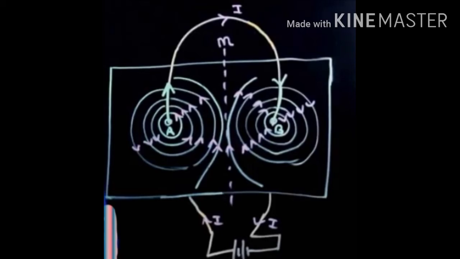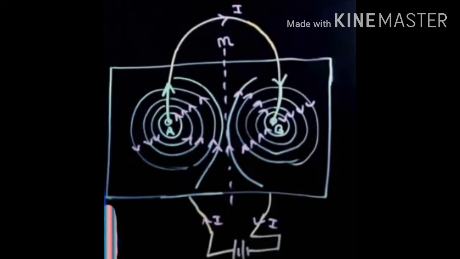Likewise here also, as the magnetic field of A and B grows larger, what happens? It is moving towards the center of the cardboard. On reaching the center of the cardboard, it will form a straight line. What happens in a straight line? We will get a uniform magnetic field. That is the rare magnetic field we will get. Clear? That means in the circular coil, here we'll get the two magnetic fields.